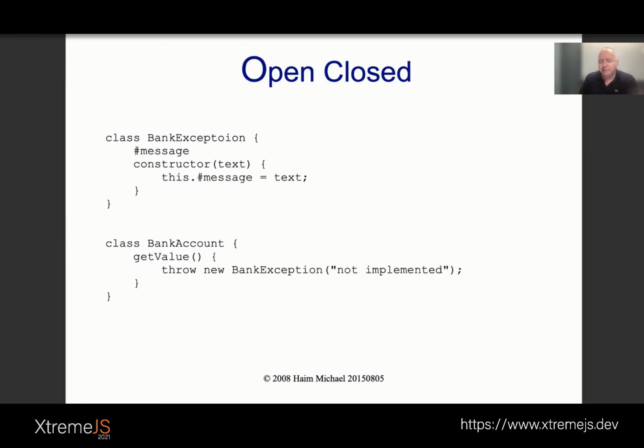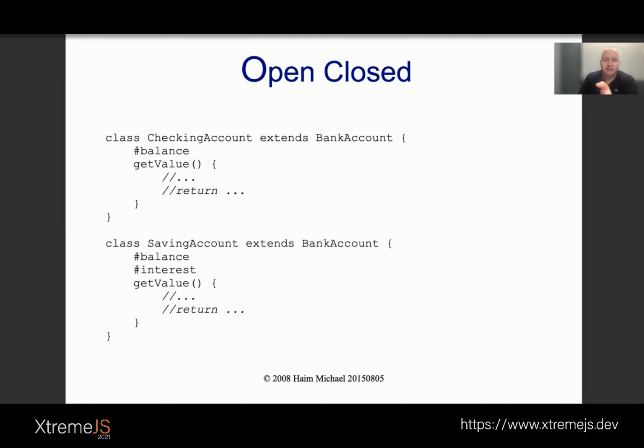well, we don't have in JavaScript the possibility to define an interface. We can't define an abstract class, but we can define something similar. So we can treat the class bank account as a class that we can't, well, we can instantiate it, but it won't be useful because calling get value won't get anything. So bank account serves as kind of an interface. And then we can define classes that extend bank account and override the get value method.